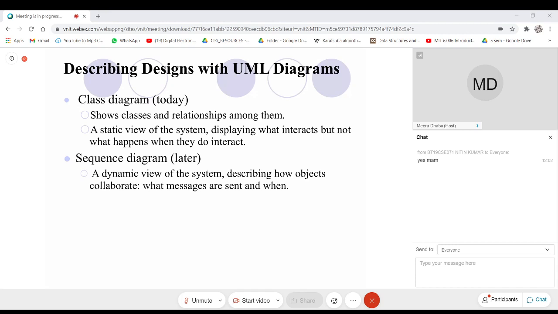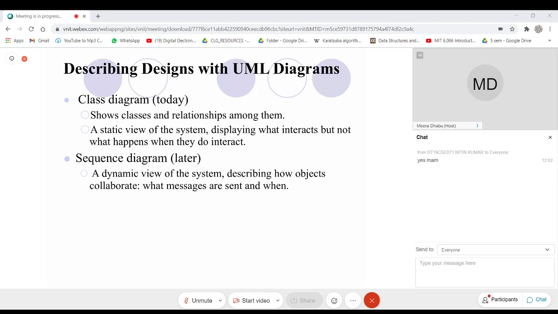If you are going to an ATM to withdraw money, the customer who wants to withdraw or deposit something will be called an actor. Then what he will do, then what will happen, then what will happen. All these will be considered as a sequence diagram, that we will see later.